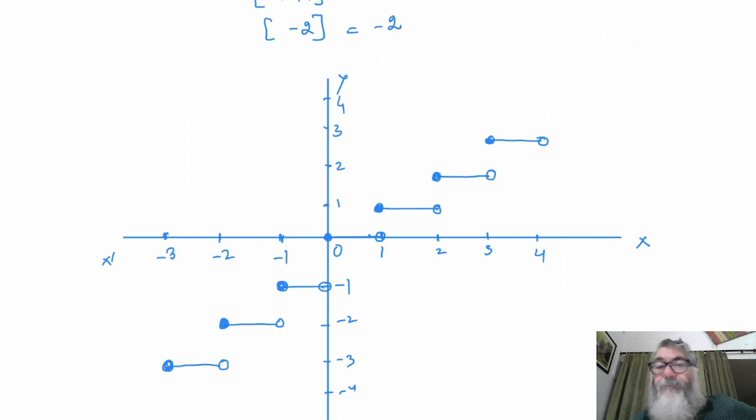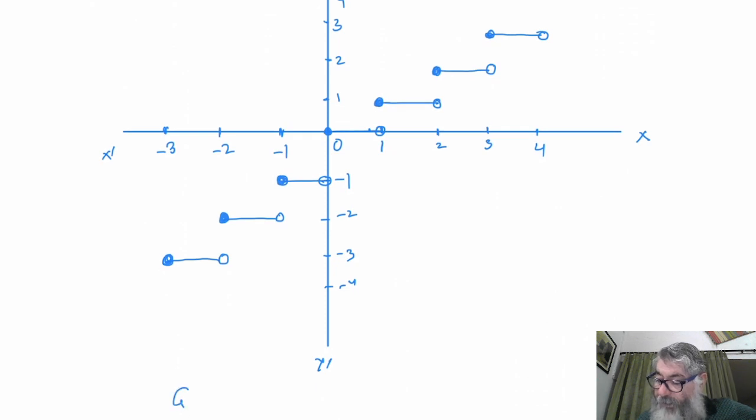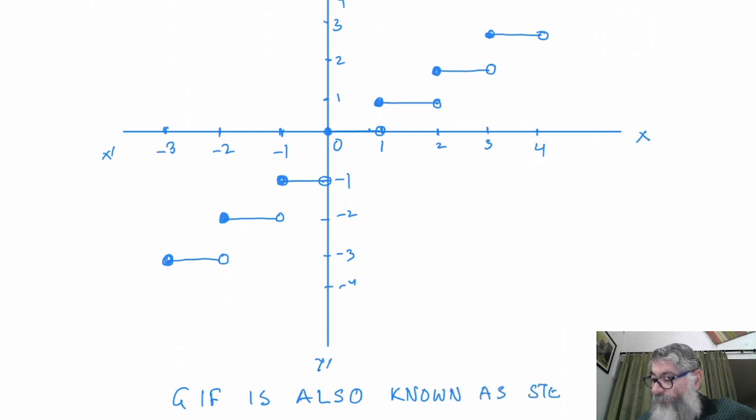This is called the greatest integer function graph. It is also called the step up function. GIF is also known as the step up function. If you notice, if I join this,